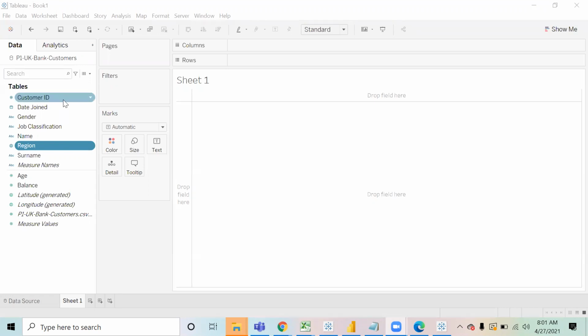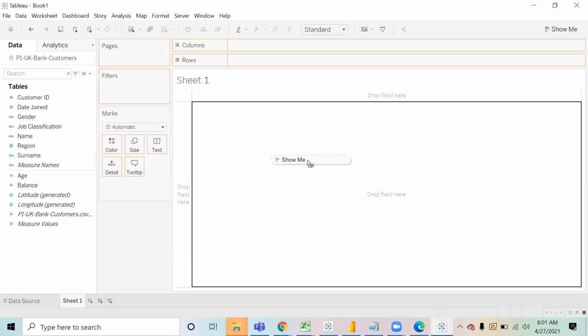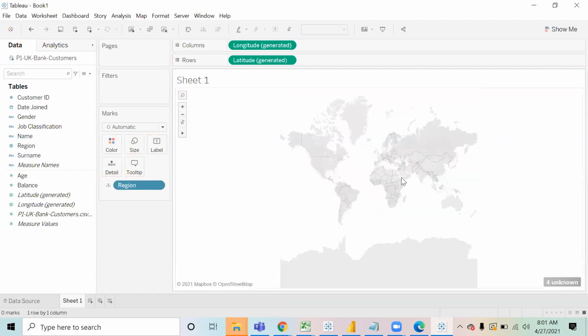Okay. Now if I bring the region over here, a map is created, but on the map I cannot see anything.